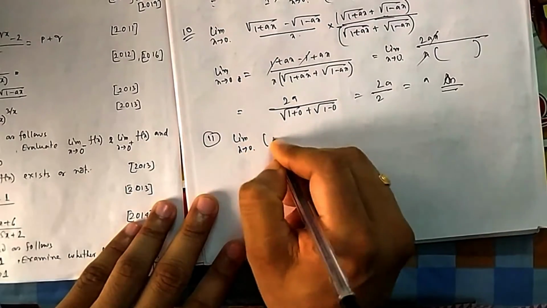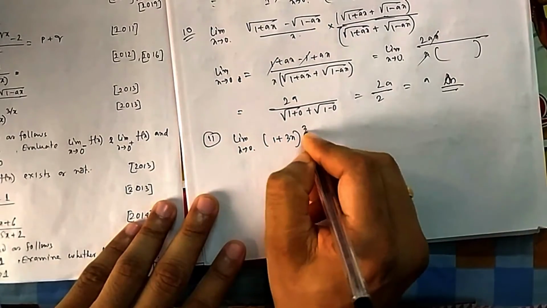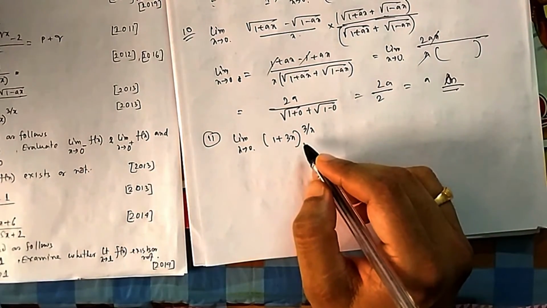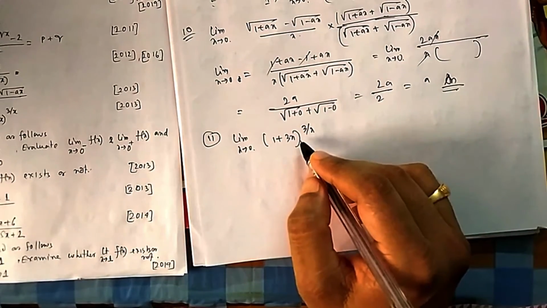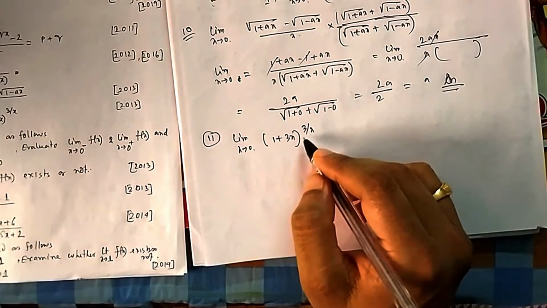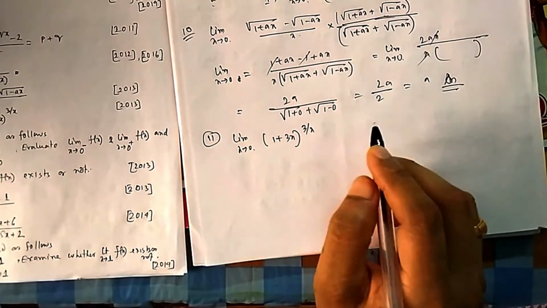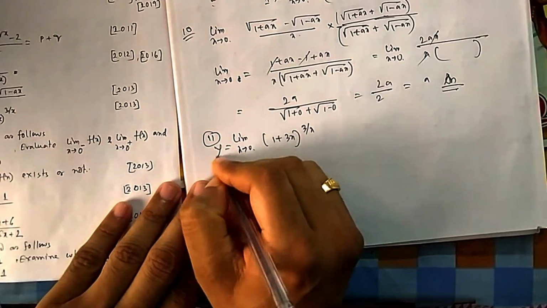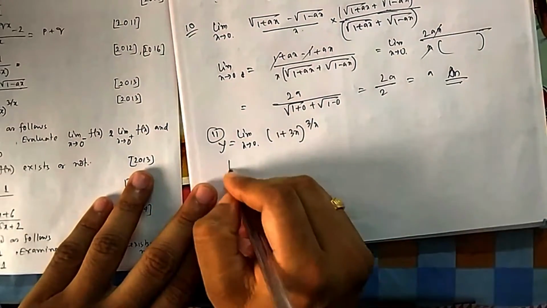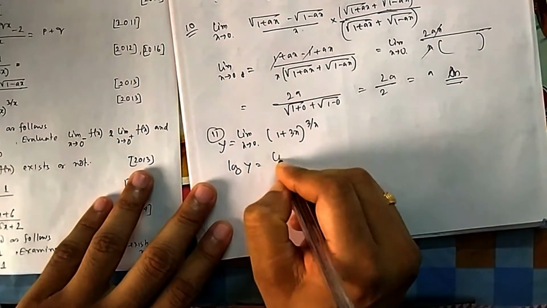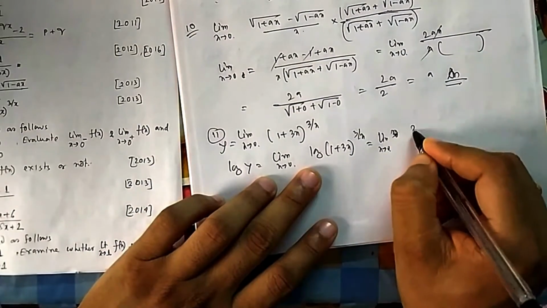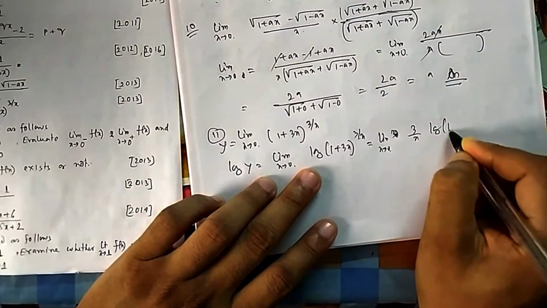Now this one, question number 11, I have explained to you the shortcut, that 1 to the power infinity. But here you cannot use it, because that shortcut is for JEE. For a board or school exam, if you do, they will directly cancel it out. They will give you 0 marks. So what you do, you take y equal to this. So you take log both sides. So log y is equal to, because the log power comes just before this one, 3 by x log(1 plus 3x).